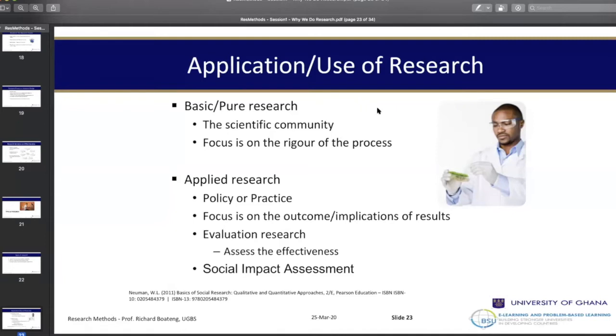Then we have the very interesting one we call social impact assessment, which is carried out with the objective of trying to assess the potential impact of a social intervention within a particular community. So let's say that you go to Agbozome and you want to site a borehole in a particular part of Agbozome, and then you do a social impact assessment. Your objective is to check what would be the potential impact of siting a borehole at this place. You may want to know what the women are saying about it, what the children or the school children are saying about it, what the men are saying about it, and what the chief is even saying about it, and try to unify the interests and balance the different divergent interests that may come up.